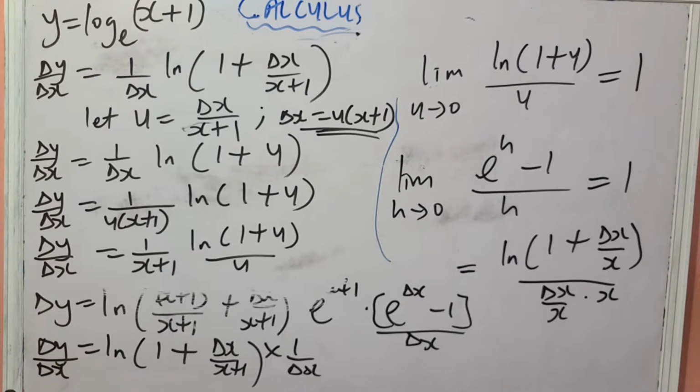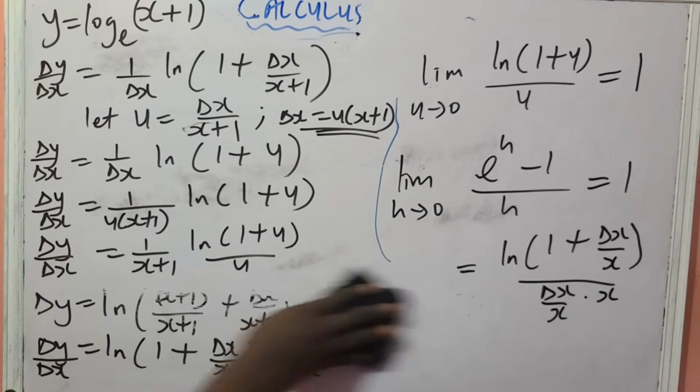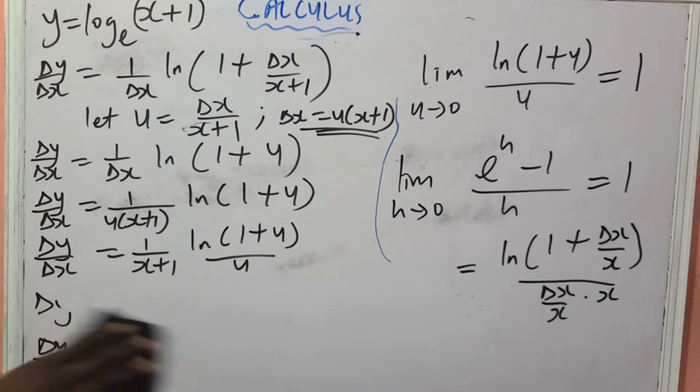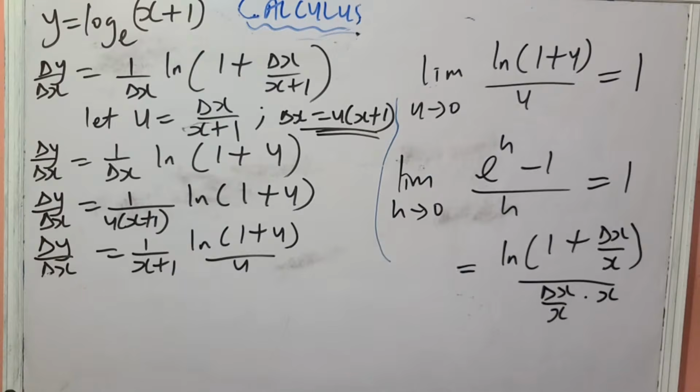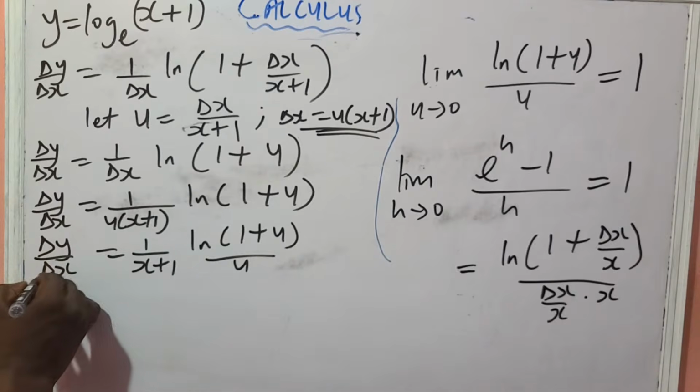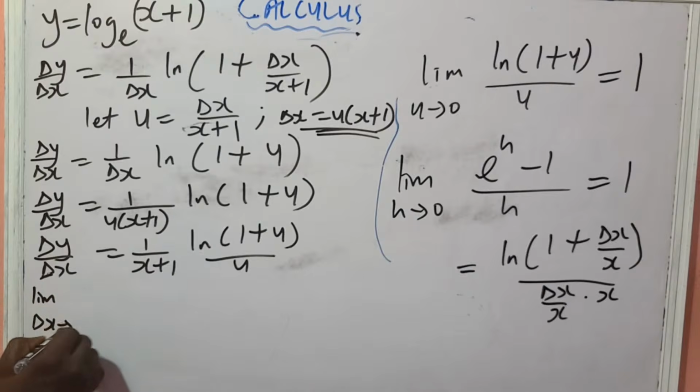So it's just, majorly you have to know how to change forms and adjust things in calculus. You just need that skill. Now, I now want to do the last step, which is for me to take the limit of both sides. So I take the limit of this as change in x is tending to 0, change in y over change in x